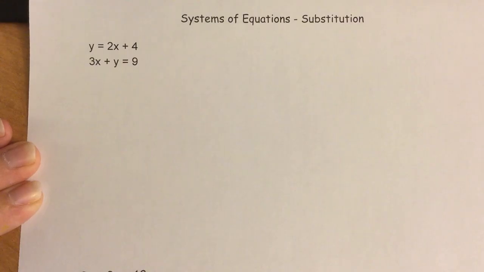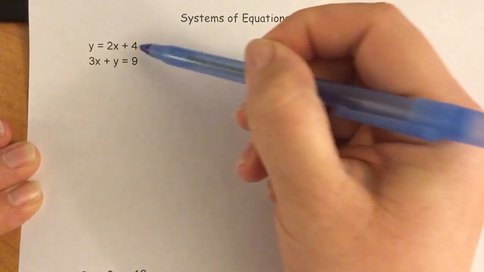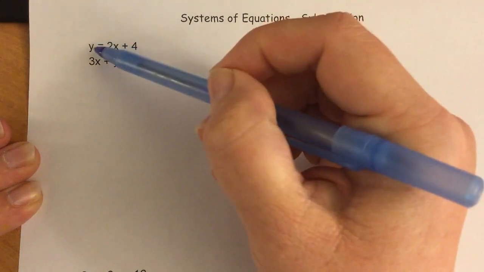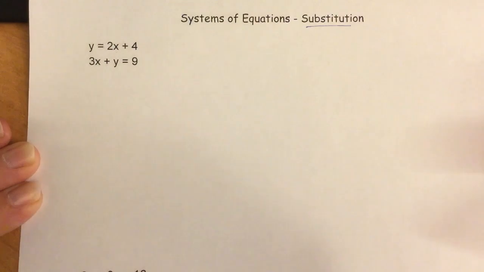When it comes to solving systems of equations, there are several different methods. One of the methods is substitution. So the idea here is that you have two different variables. You have an x and a y, which means you need two different equations to solve them. So this first method, you substitute